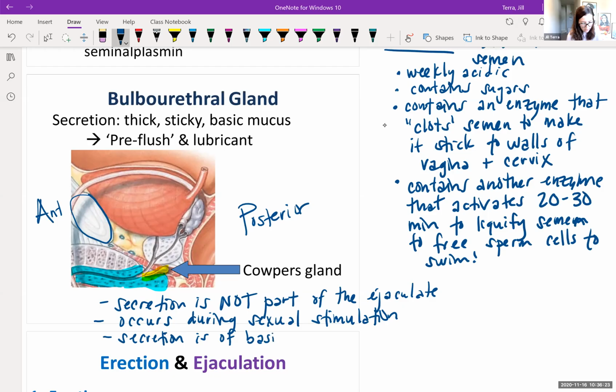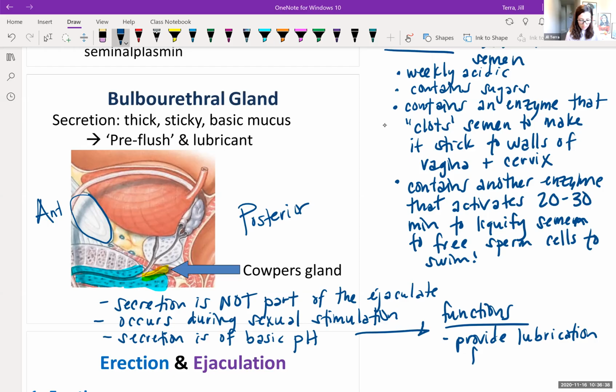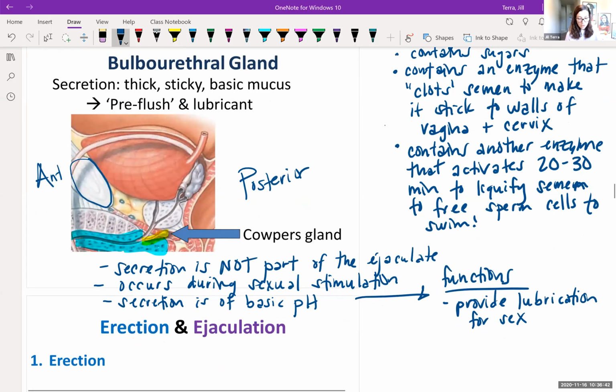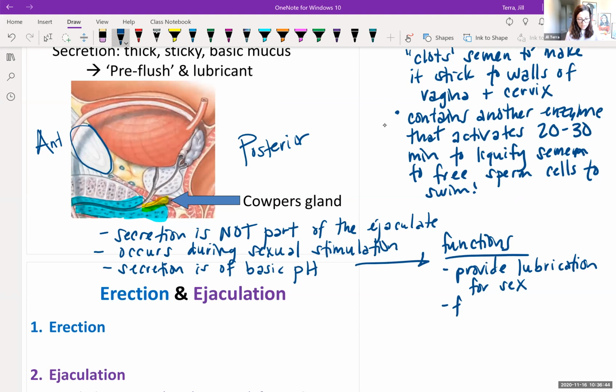And so it's thought that its functions are to provide lubrication for sex, but also to flush out any acidic urine residue out of the urethra,